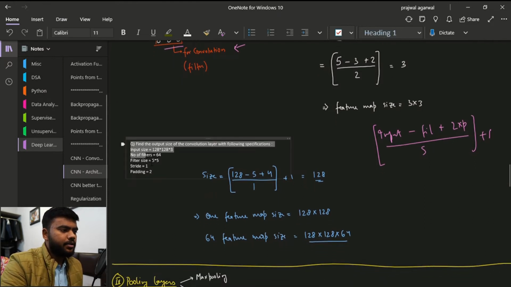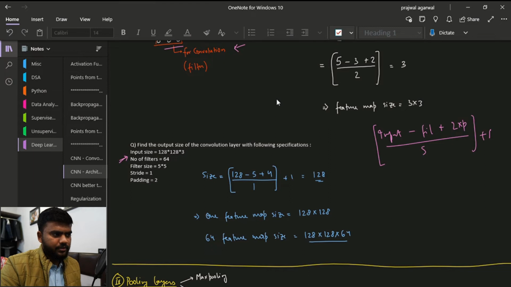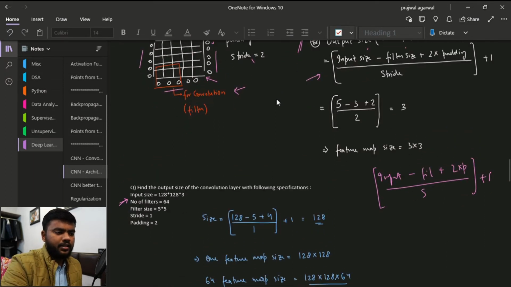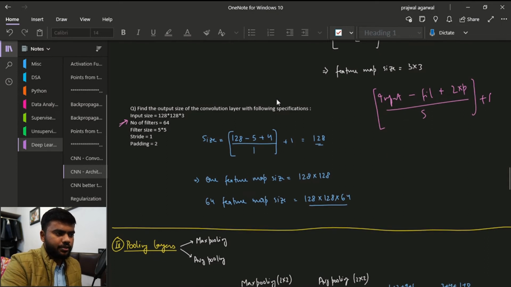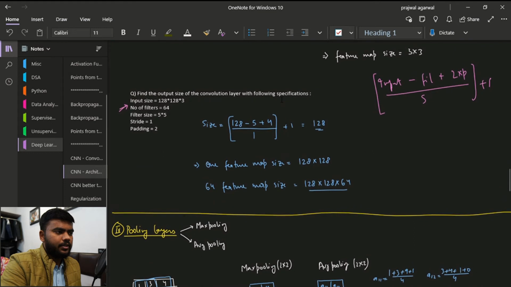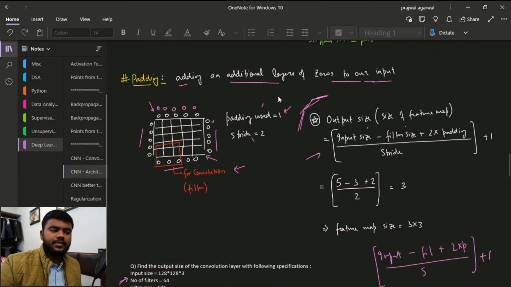So this is a sample question. It's a very basic formula-based question. I mean, this is something that should not be asked anyway. So just note these values down and try to apply this formula. You will get the answer. There is no big thing about it, but the one thing that is here is that this is the size of one feature